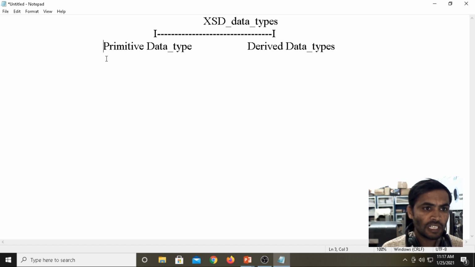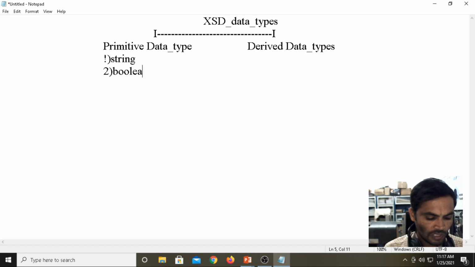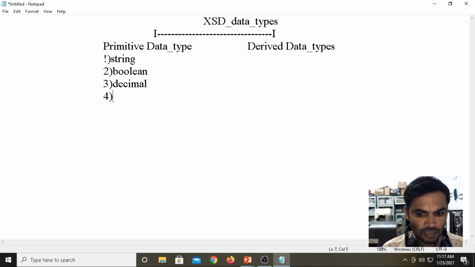Now under the primitive data types, if you want to write them, the data types are string, boolean, decimal, float. Around 42 data types will be there under XML schema definition.